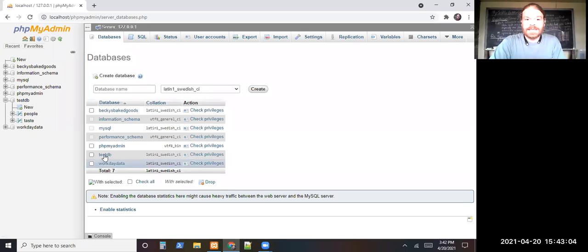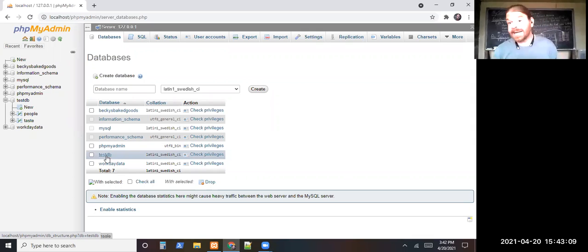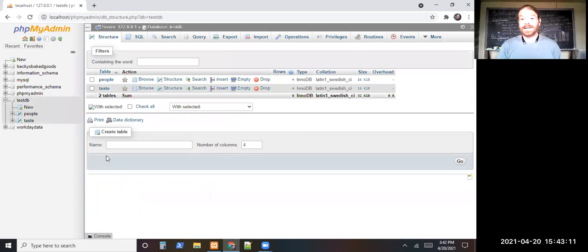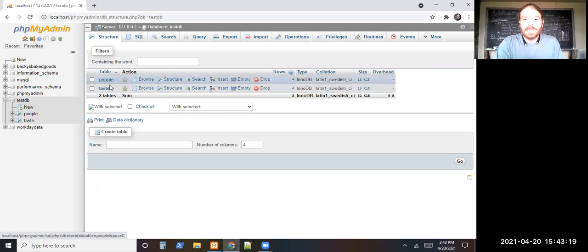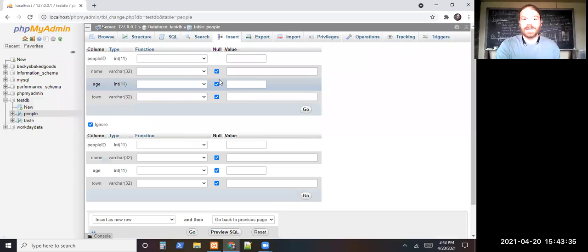So we can go in here and just click on our database. We can drop it from here, but we can also delete the data from inside. You can see, unlike the command prompt, we have buttons everywhere we can click on. So here's what makes up that database. We have two tables, a people table and a taste table, and then a bunch of buttons to click on. We can browse through it, the structure of it, and search for stuff in it. There's an insert button. So instead of typing up that insert query, we can hit the insert button and just use this nice little generic form,